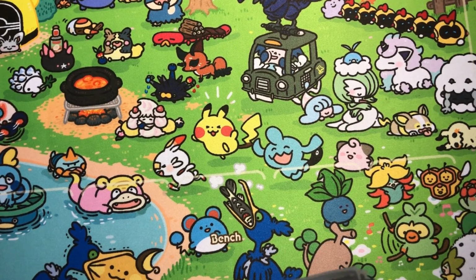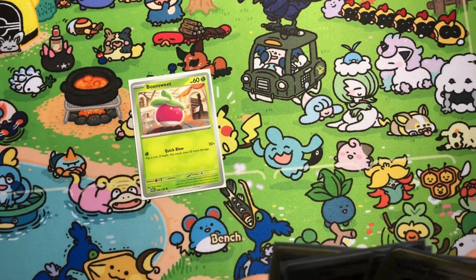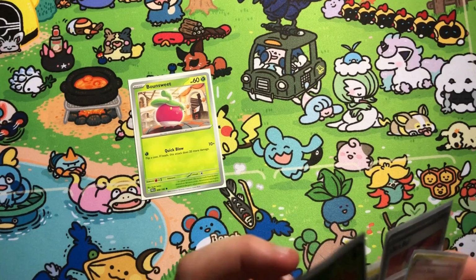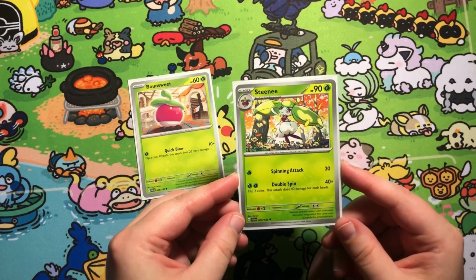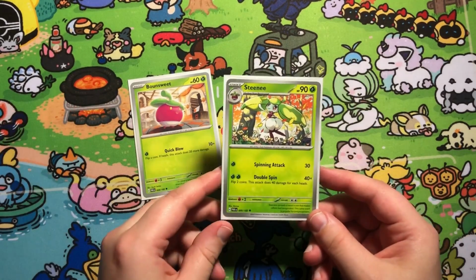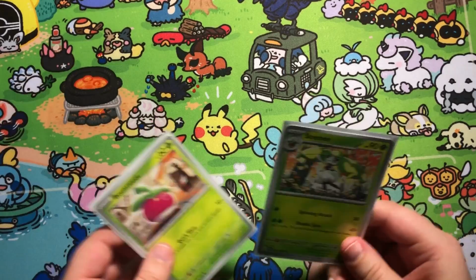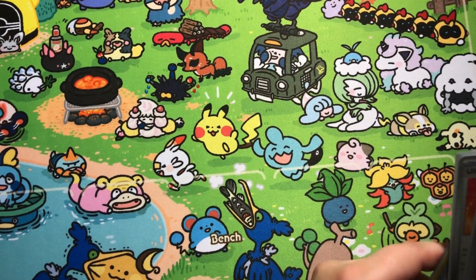You're obviously going to need to use Bounsweet if you're using Tsareena, and then you probably won't be using Steenee because you've got the Rare Candy going, but I just want to show you the amazing artwork. Look at that. It's wonderful artwork, and so maybe you could slot one in if you really want to see it, but if not, you'll have to use those Rare Candies to get to Tsareena EX, and that is the